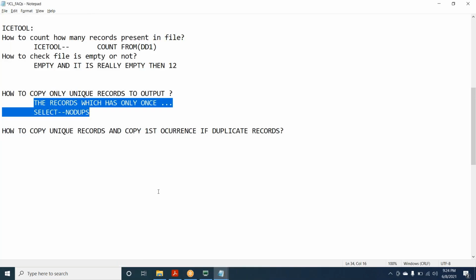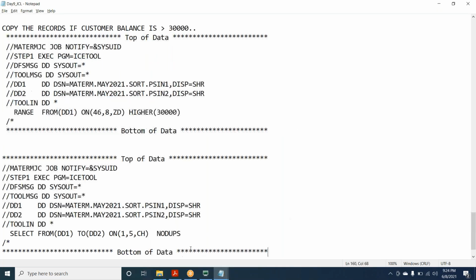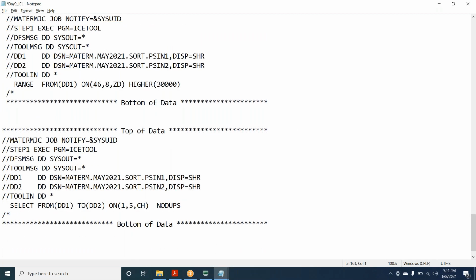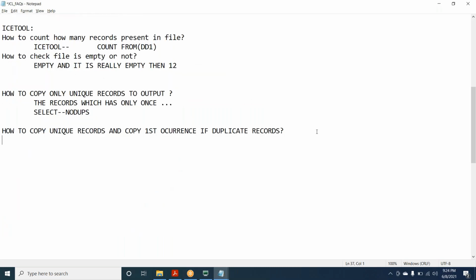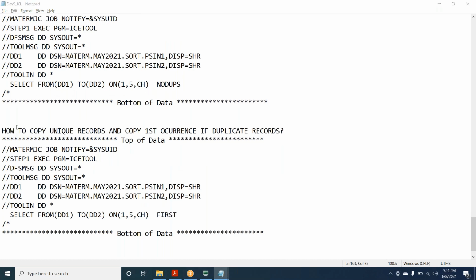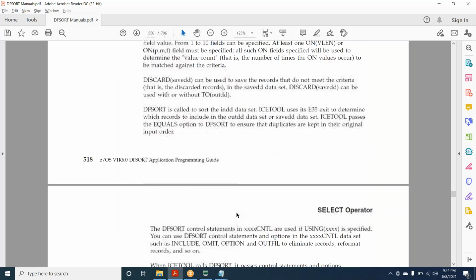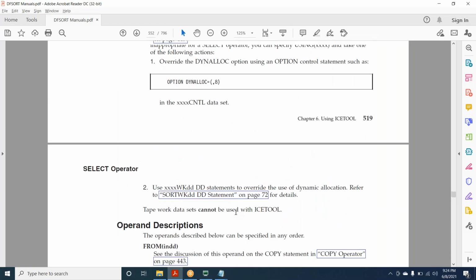Within the duplicates, only the first record. So we have seen all dupes, only duplicates, no dupes. You guys have to try all of them and remember which is which. Okay, that is all about the select operator.